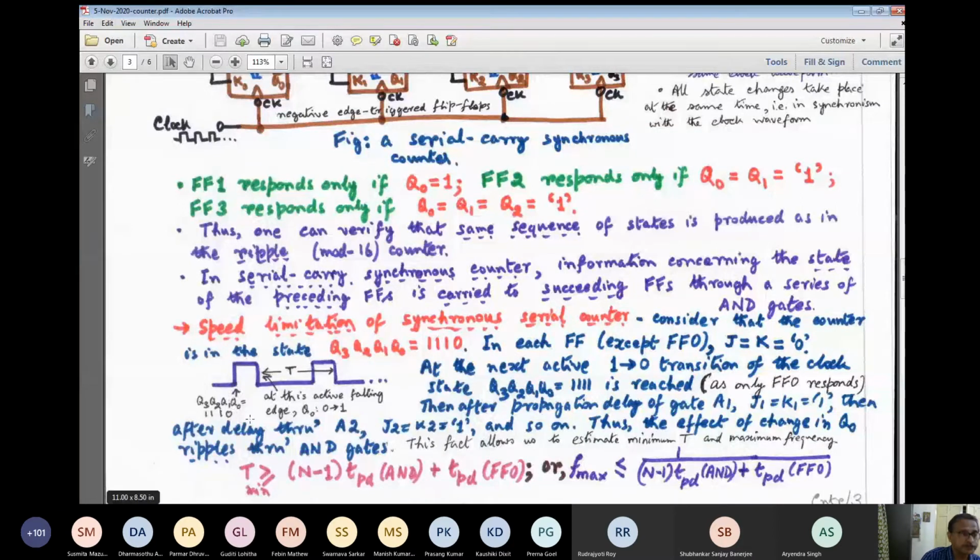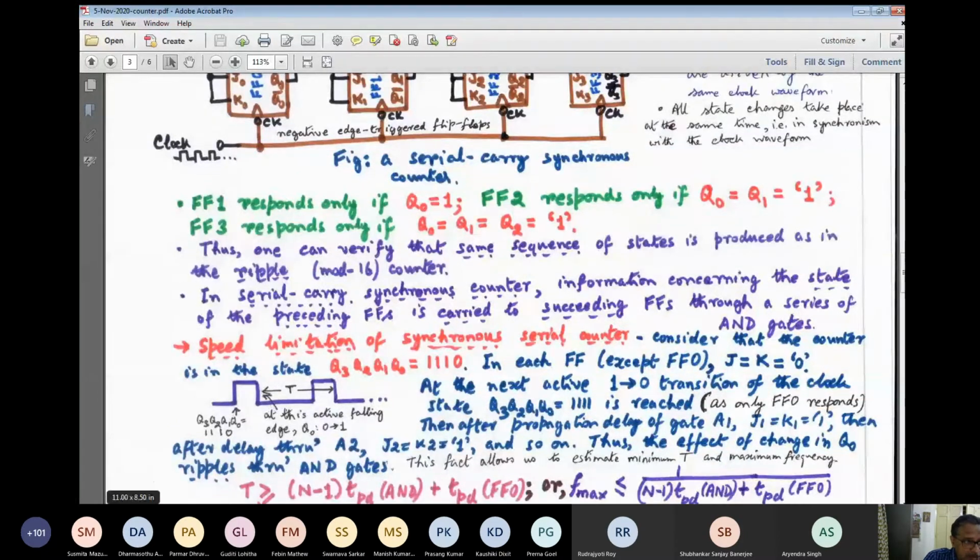I have written it. Now, when this active clock edge comes, the waveform that I am showing refers to the clock signal. If you read the state to be 1110, only the leftmost flip-flop is in clear state, whereas all the right flip-flops are in set state. Then when this active edge comes, what happens? FF0 changes state. Only FF0 changes state.